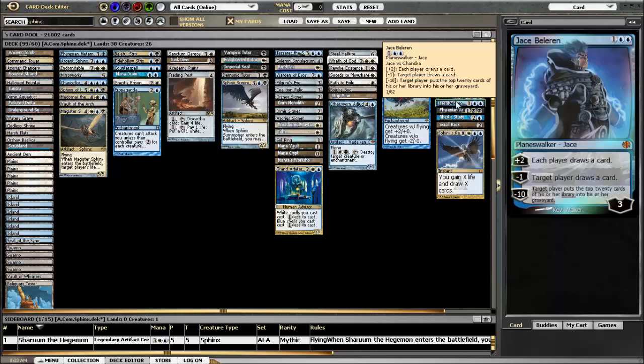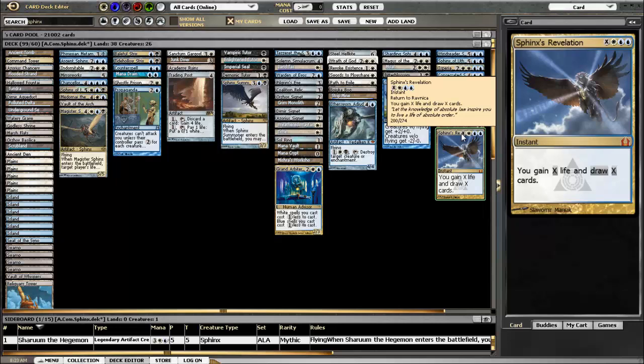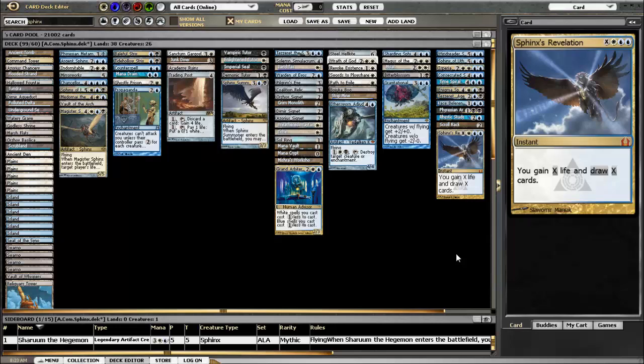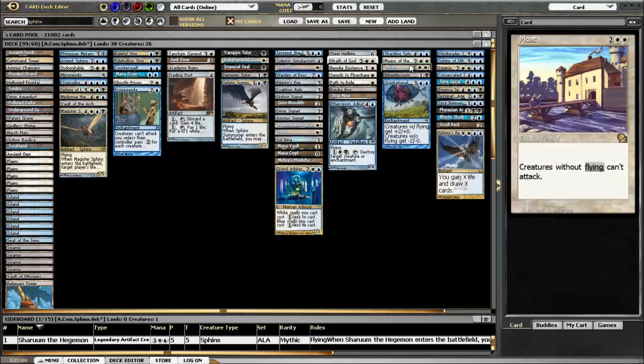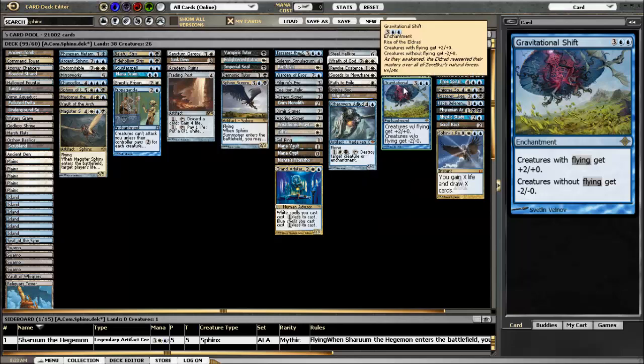So more card draw in Jace, Phyrexian Arena, Rhystic Study, Scroll Rack, and Sphinx's Revelation, which seems necessary in a Sphinx deck. Rhystic Study kind of went with a very minor sort of taxing theme in the deck. You'll see a few more cards like that in the deck, and that just basically slows people down so that you have more time to get your Sphinx army on the go. As for flyers, we've got Sharding Sphinx, which is a good way to make a decent amount of little tokens. Does require multiple combat steps. Magus of the Moat, Bitter Blossom, another nice defensive card, and Gravitational Shift, which turns out to be probably one of the top cards in the